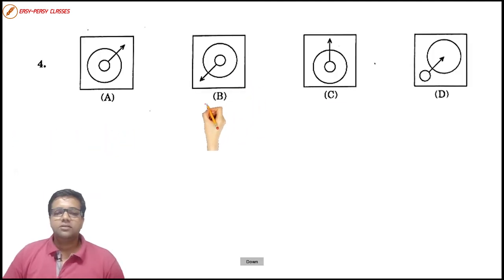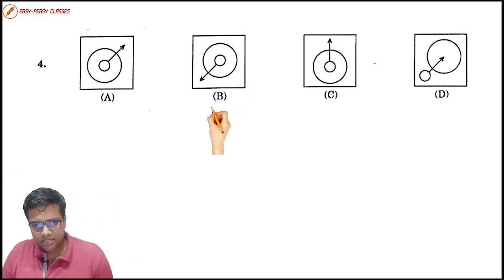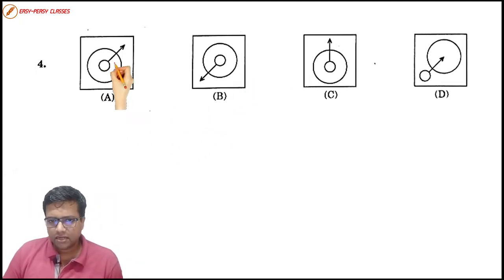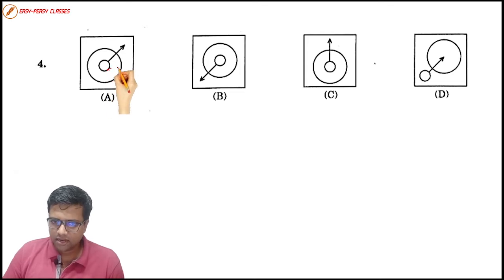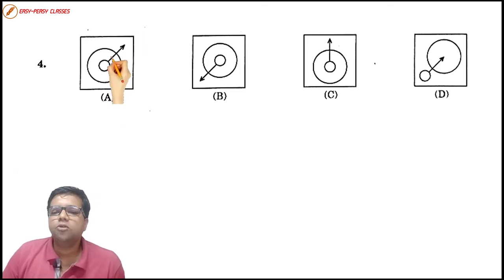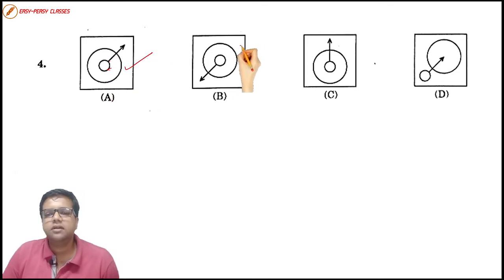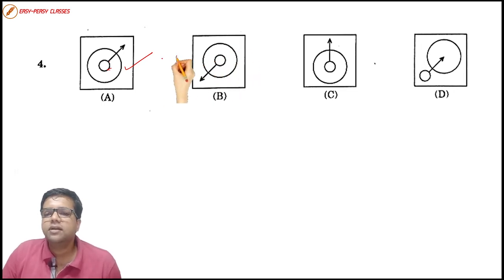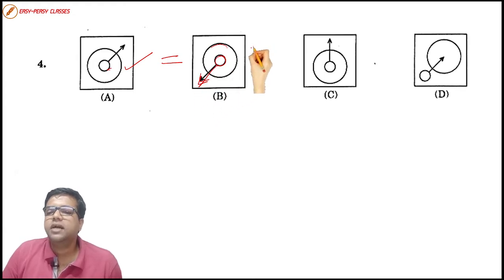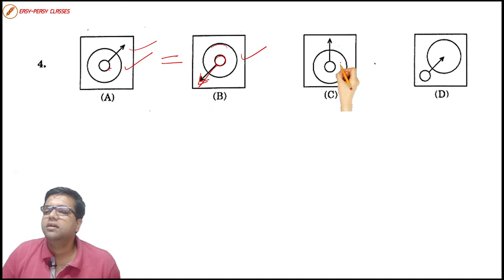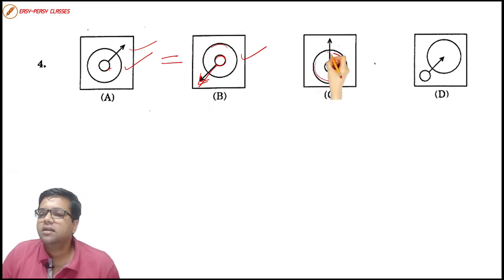All right, so let's move on further. Question number 4, where we have circumscribed circles. There is a circle inside a circle, and an arrow mark is going out from the center of the circle. All right. We understood what the first figure is. The second figure is also quite similar to the first figure, where there is a circle, there is an inside circle, there is an arrow mark going outside. All right, these two are similar. The third one is also having a circle, there is an inside circle, there is an arrow mark going out.